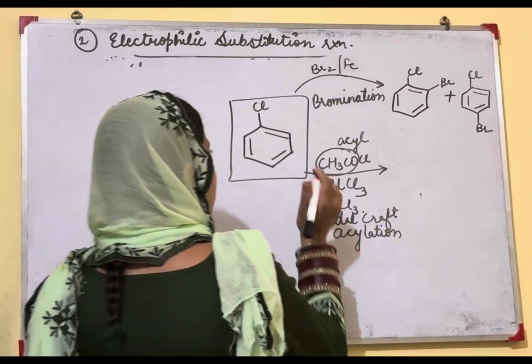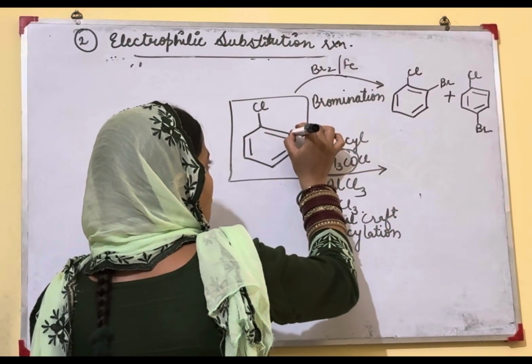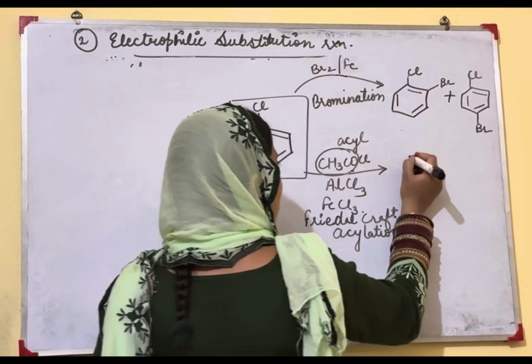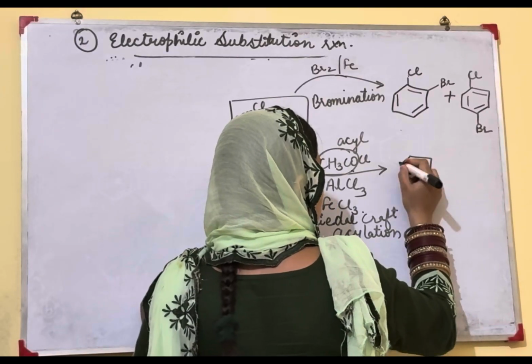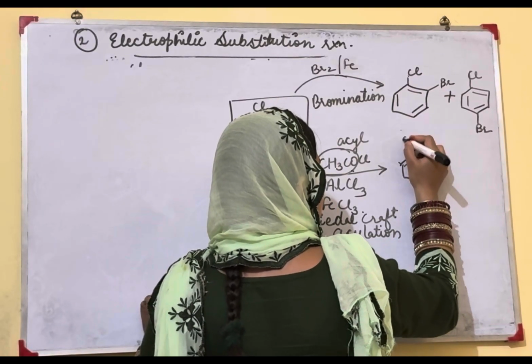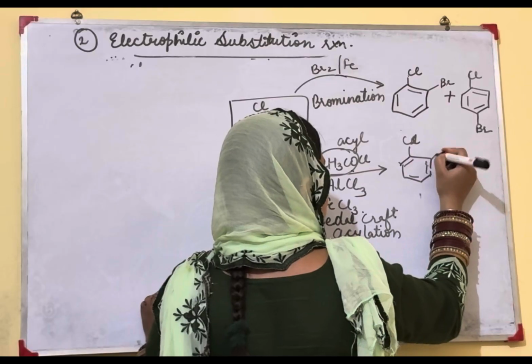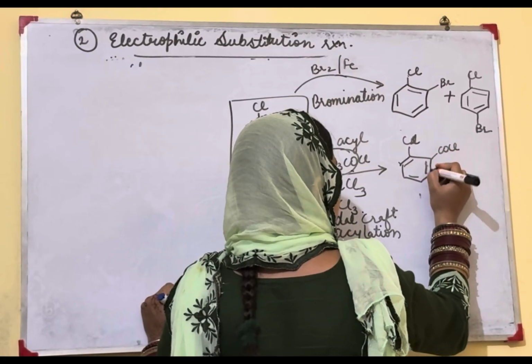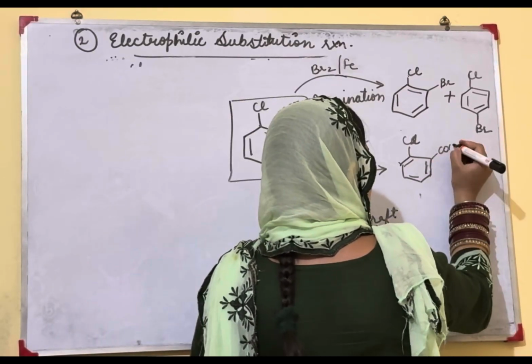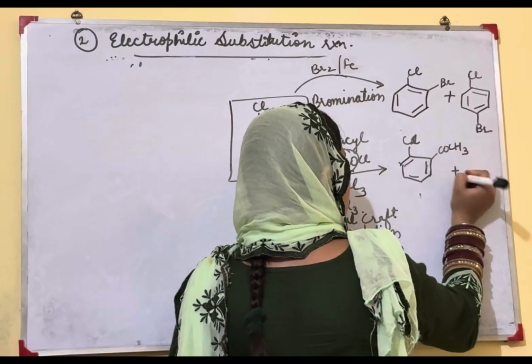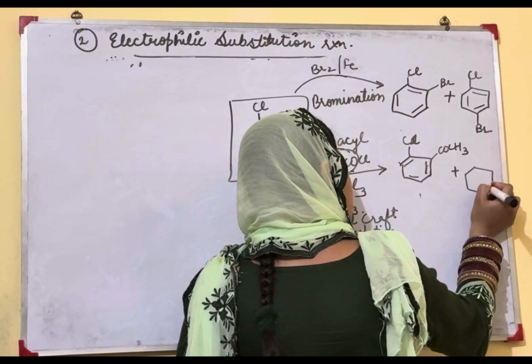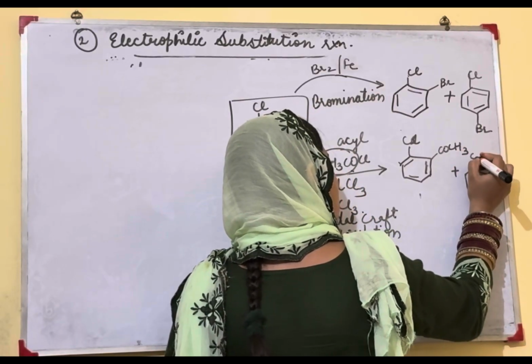What will we get? At the ortho and para positions, this group will be attached. Here COCH3. This is an acyl group, and similarly we get the para product